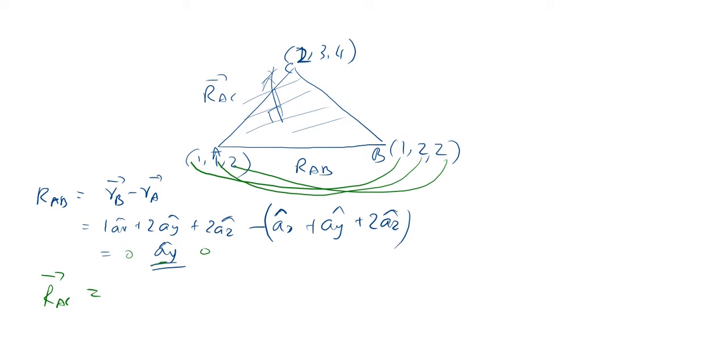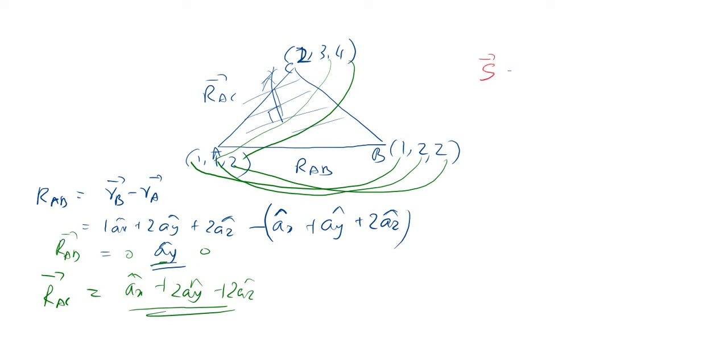So similarly, can I do here 2 minus 1, that is 1 ax cap, 3 minus 1, that will be 2 ay cap, and 4 minus 2, that will be 2 az cap. So you got two vectors. One is vector RAB, another one is vector RAC. Now what we want is the area. So vector S is nothing but half into vector RAB cross RAC,